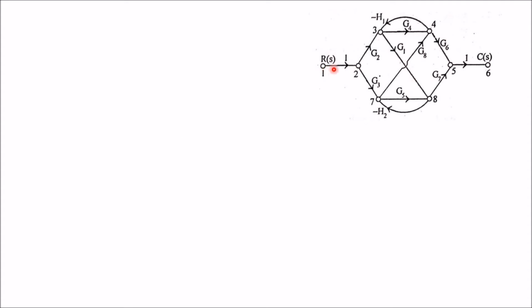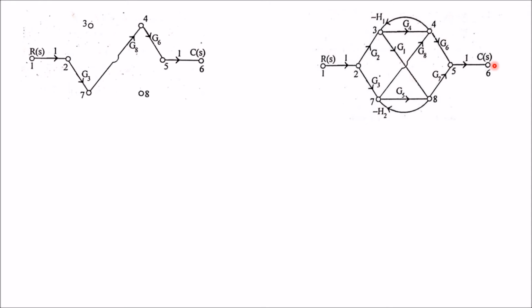So we can start from here, go to here, then come here to node 7, then go to node 4, then come back to node 5 and node 6, which is nothing but like this. The arrow is from source to destination, no reverse direction. Here node 3 and node 8 have not been traversed.